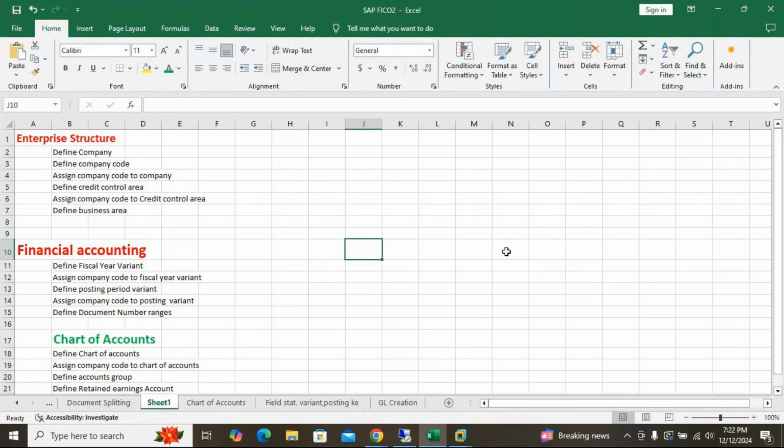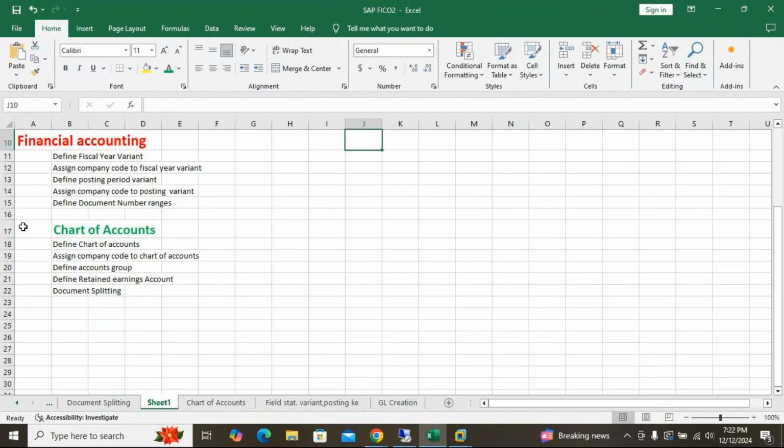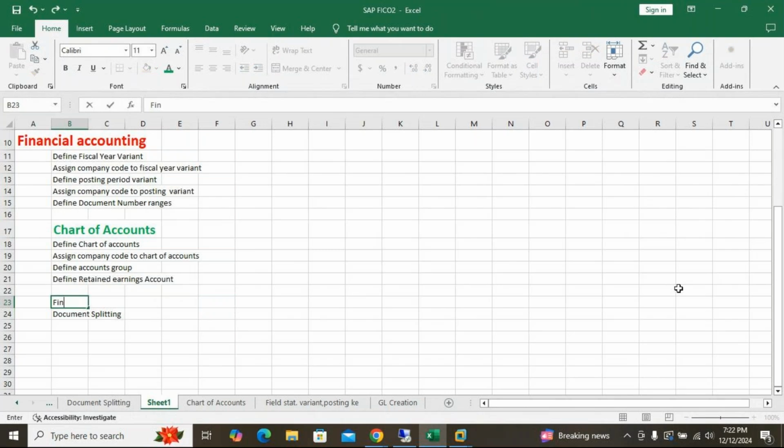Okay. So this financial accounting is what we did. But document splitting we did under financial accounting, in new general ledger accounting.